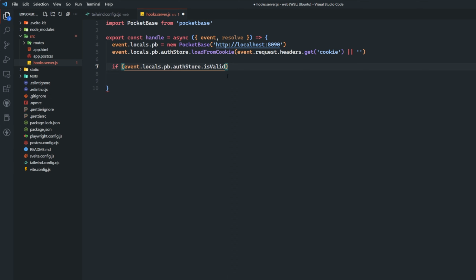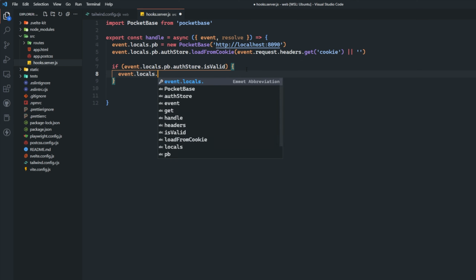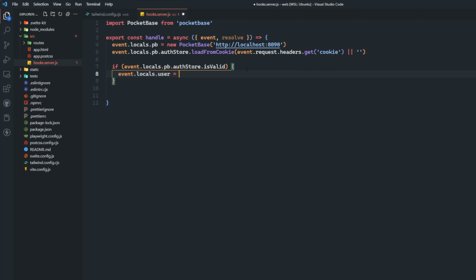I just don't want to drag this video out when a lot of people have already seen that one. So I'm basically checking to see if the user is valid. So if the authstore is valid, I want to set event.locals.user equal to the